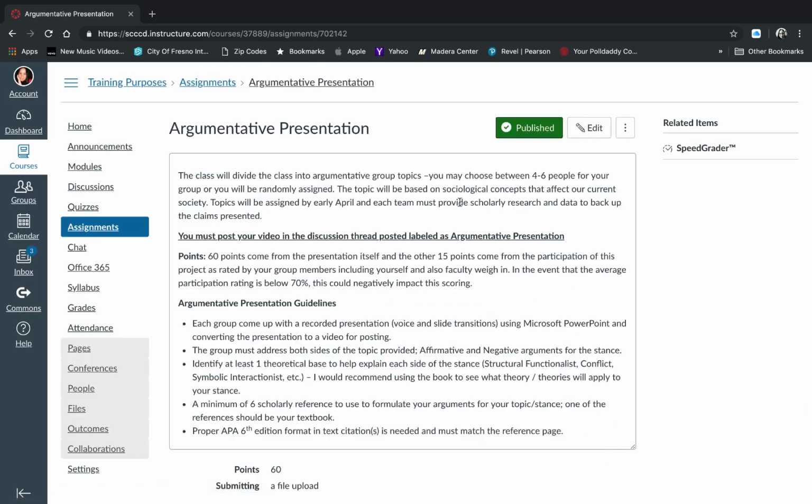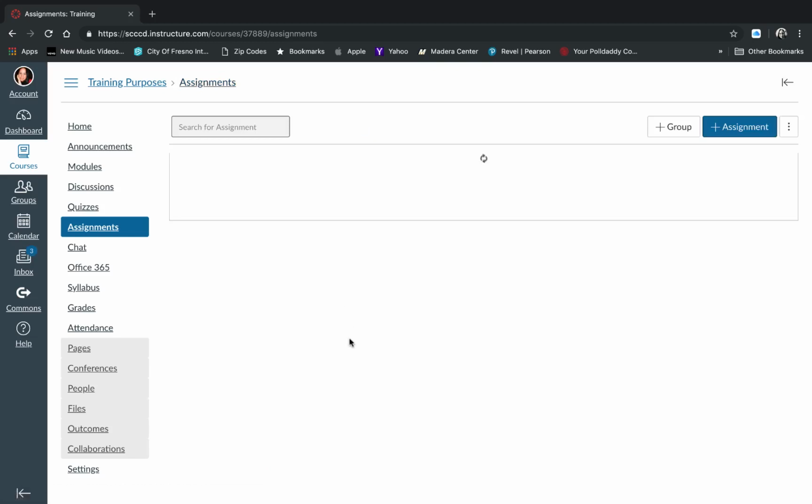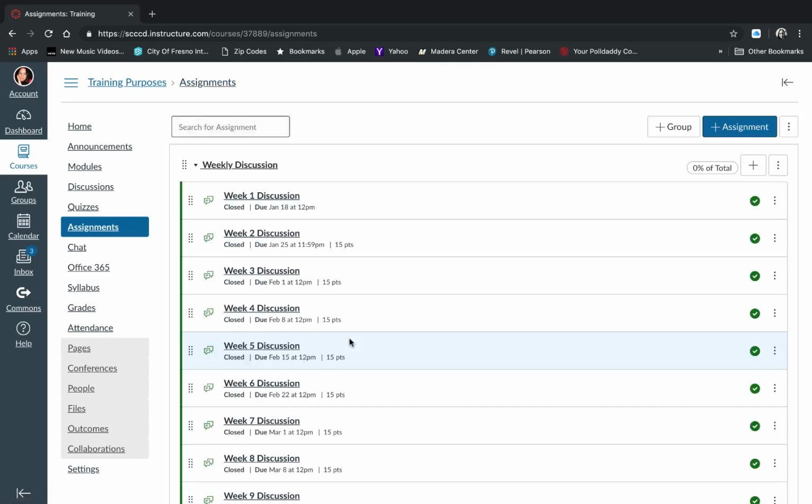The purpose of this assignment is that they create a presentation collaboratively together. Since this is a presentation, I ask them to use Microsoft PowerPoint to do their video recording, and I provide video directions on how to record on PowerPoint, share it with the group, and then convert it to a video. Because this is a group project, I have them rate each member's level of participation. And the way that I do that is